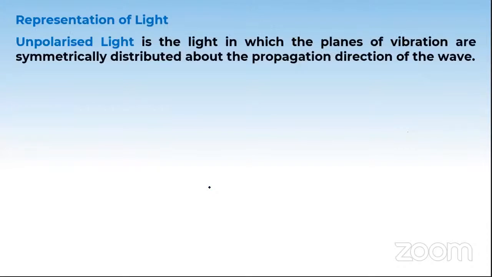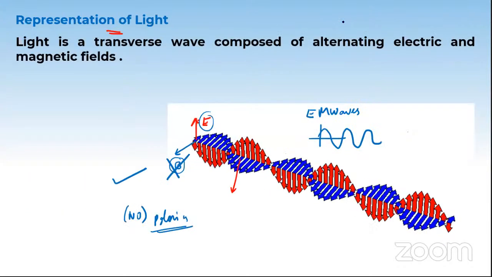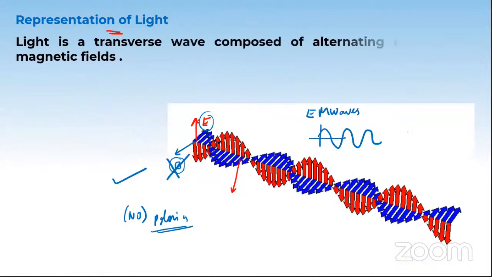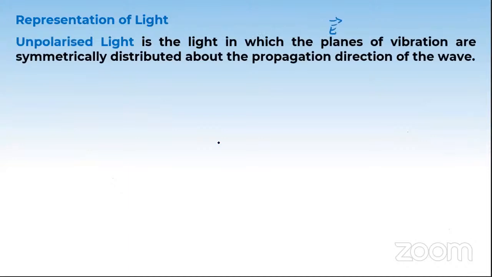Initially I told you that in the polarizer we are going to convert unpolarized light into polarized light. So what is unpolarized light? It's a kind of light in which the electric fields E are vibrating in all the planes. Here you can notice, the electric field is vibrating in the yellow plane, in the sky blue plane, in the orange plane. Electric field is oscillating in all 360 degrees. There are many axes of electric field, oscillating in as many directions as possible. That kind of light is called unpolarized light.